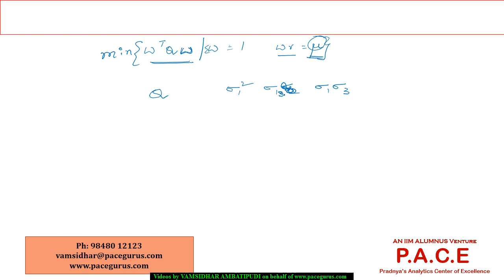I call it here as sigma 1 3. Then here sigma 2 1, sigma 2 squared, sigma 2 3, sigma 3 1, sigma 3 2, sigma 3 squared. This is a variance covariance matrix. Then in this you also extend it